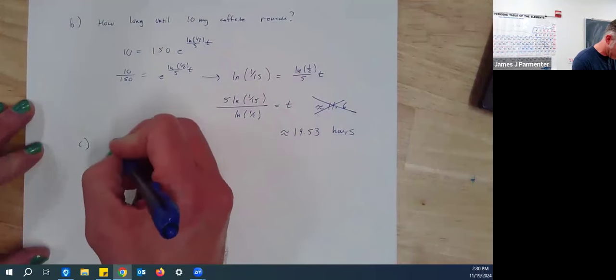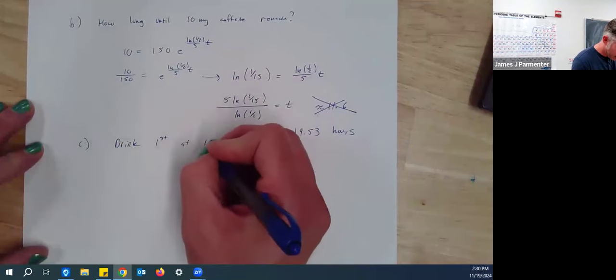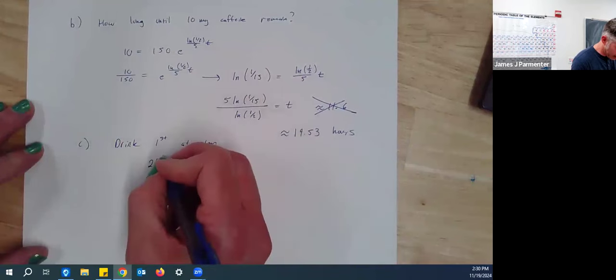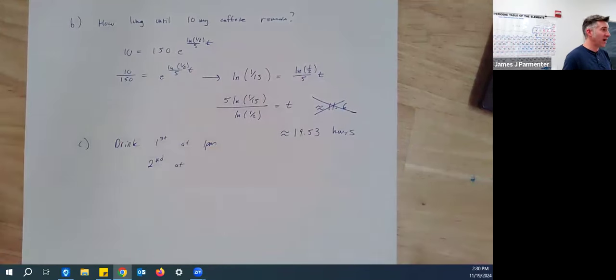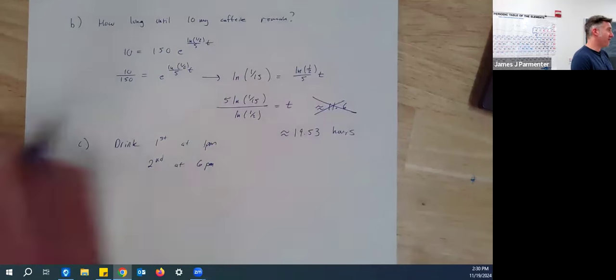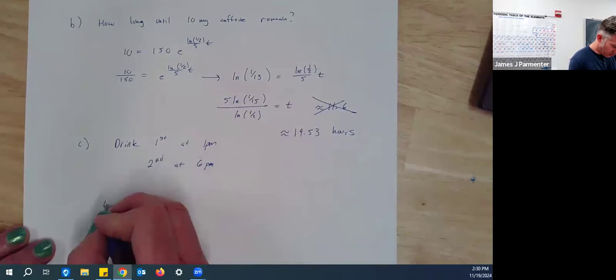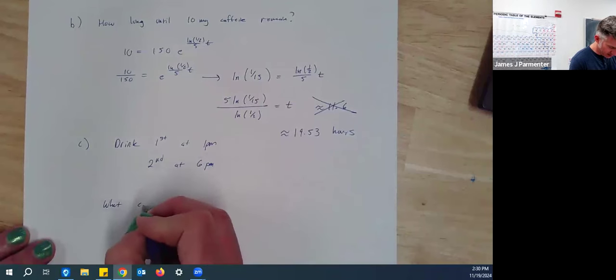So we drink one at what time? 1 p.m. And then we drink a second one at a very convenient number of hours later, 5 hours later, a full half-life. And the question was how much caffeine is in the system at 11 p.m. So what's our caffeine level looking like